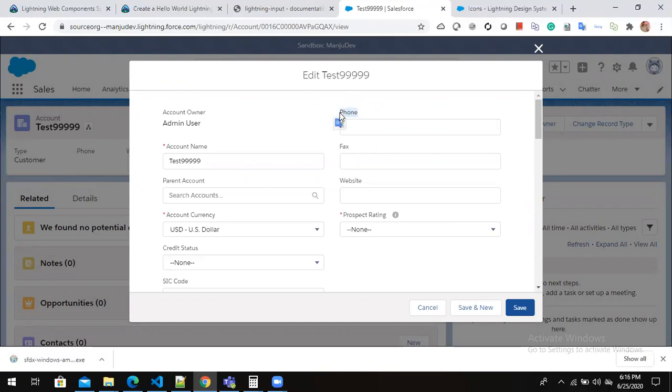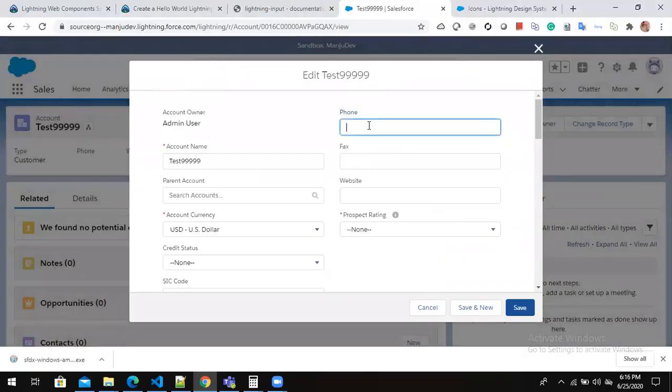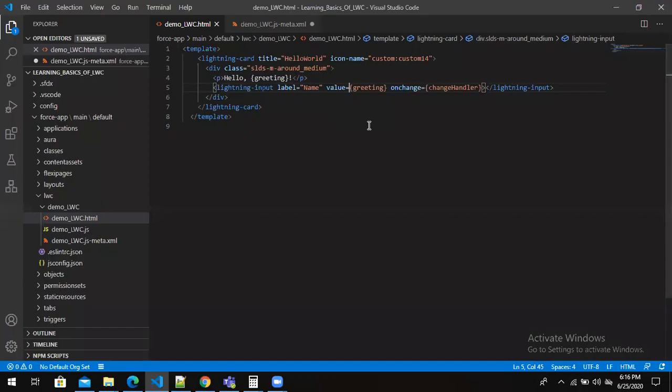So this is what label is all about. And value, whatever value that we are entering here, we want to auto populate after this particular text, which is after hello. So we are just capturing, and this captured value will be automatically available to this particular place on change.